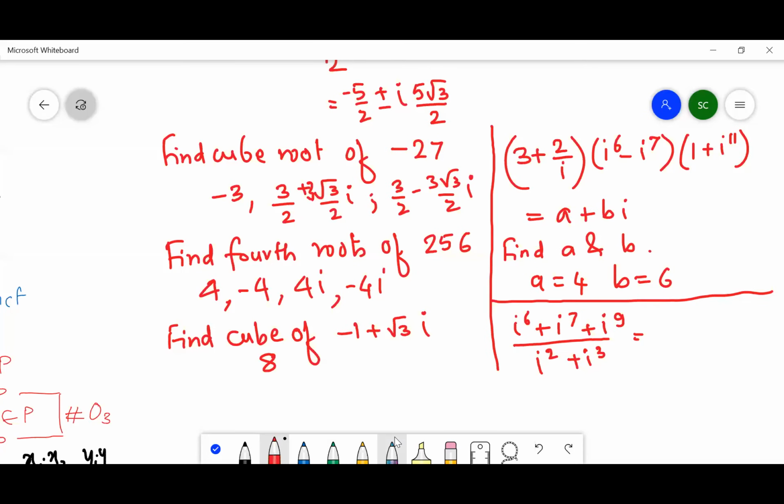Okay. Why do we need to solve these problems? Because we want to be very comfortable with this new number that we are dealing with, i. Okay, the answer for this is half minus half i. So that is the content of our lecture number 2, and that is where we will stop for the day. So I will stop recording.